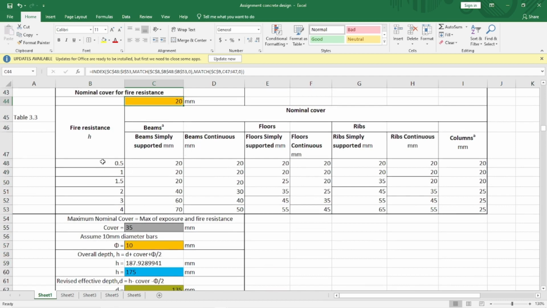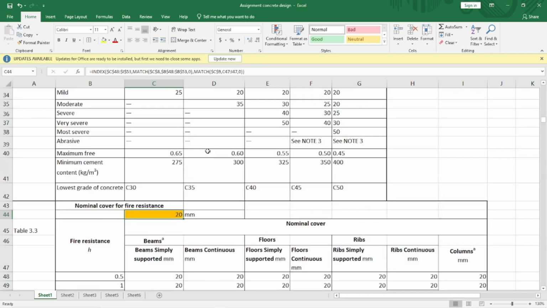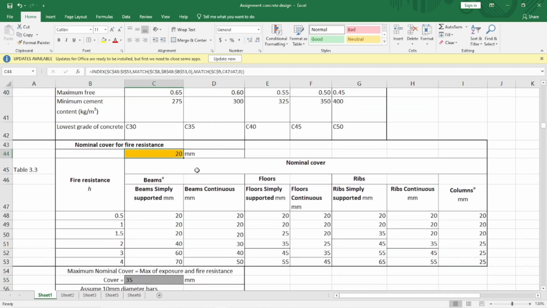This table has fire resistance. We are choosing a cover depending on a fire resistance of maybe 1 hour, 0.5, and all the way to 4 hours. Then we have the beam. We have the simply supported and continuous, and all that. That is a beam, a floor, or a ribs. So to choose a value, let's say the first value here,